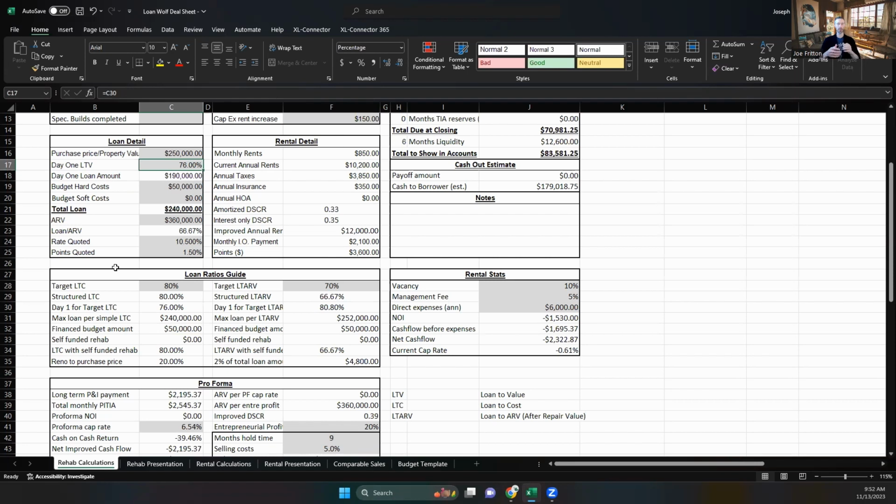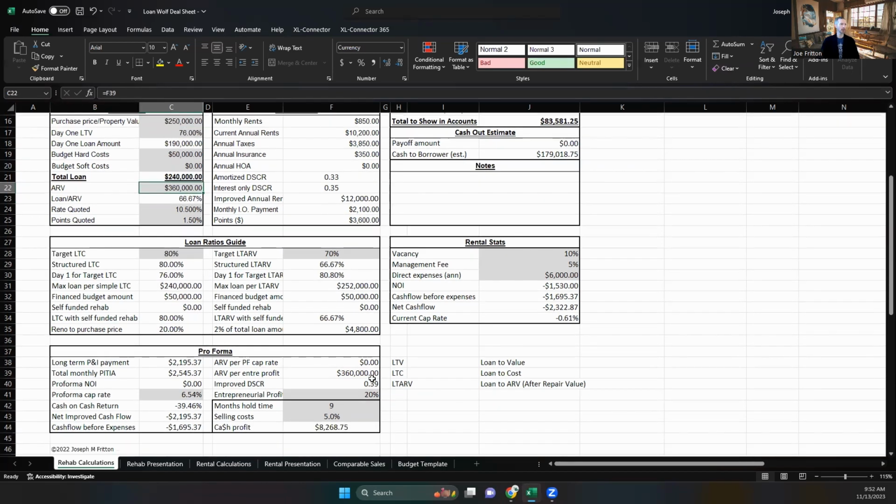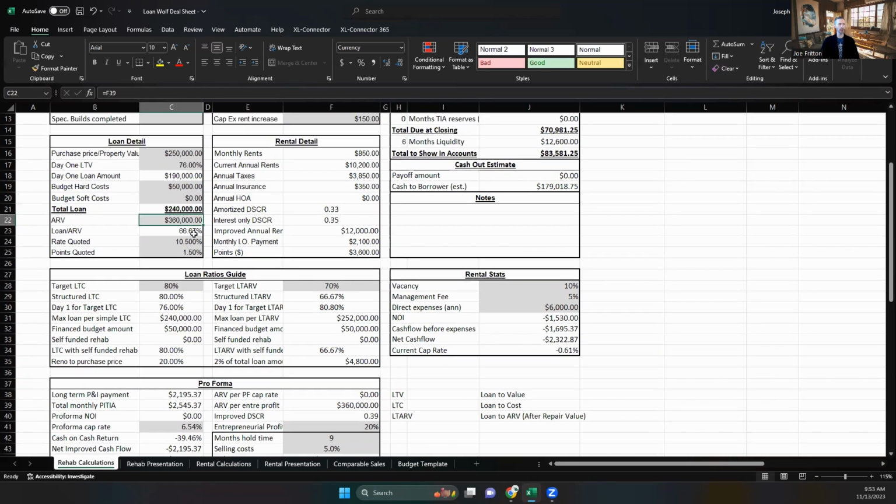If no red flags come up, great. The other one that's in here is the ARV. This is an automatic calculation that you'll find right down here, because I haven't gone through this section yet. It'll put in an automatic calculation based on what's known as entrepreneurial profit,